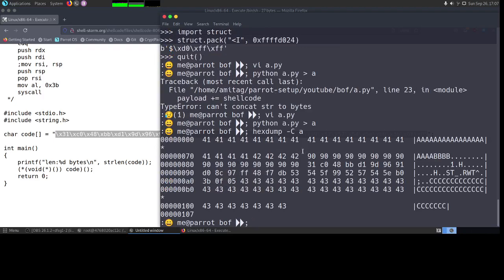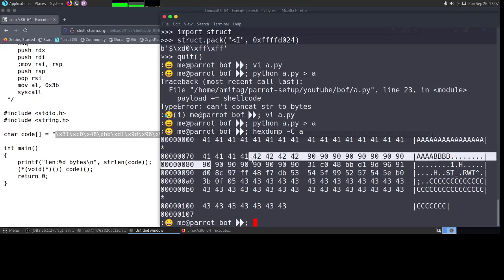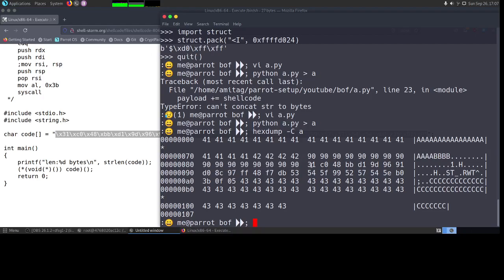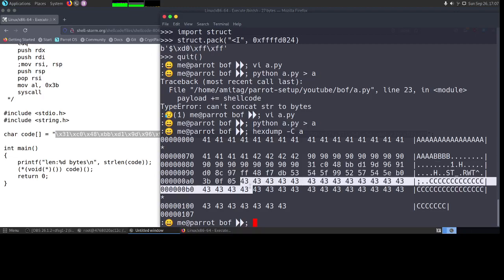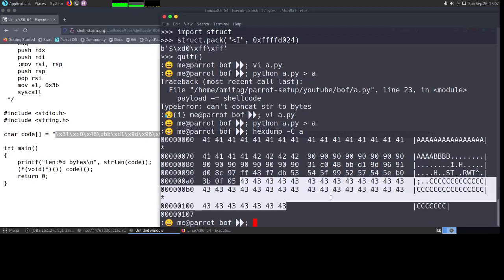Now here you can see, first we have the A's up to 116, then we have the B's, then we have the 90s, which translate to NOPs, and then we have the shellcode, which should be up to the end of this, and then we have the C's which I am using as end padding.